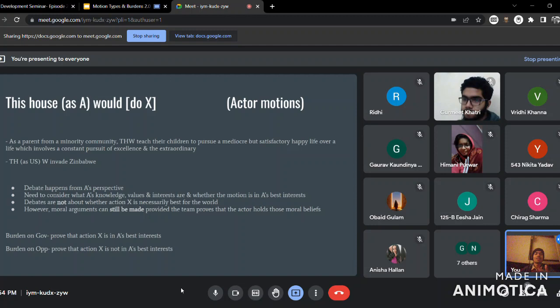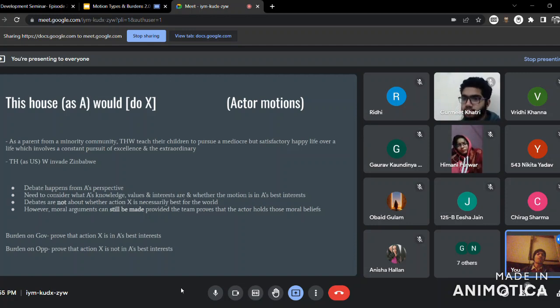Which side of the motion would best cater to that interest, कि यार मेरे को अपने बच्चे को ज़्यादा स्ट्रेस में नहीं रखना है, खुश रखना है एंड ठीक ठाक सर्वाइवल हो जाए, मतलब बैंक बैलेंस ठीक ठाक रहे टू द पॉइंट दैट इमरजेंसी हो जाए वो अपने बच्चे को स्कूल भेज सके, बट ज़्यादा कुछ भयंकर पैसा वैसा नहीं चाहिए. If that is an interest and that is the belief of a parent, which side of the motion caters to that more? It's the gov side, which talks about a life of mediocrity.